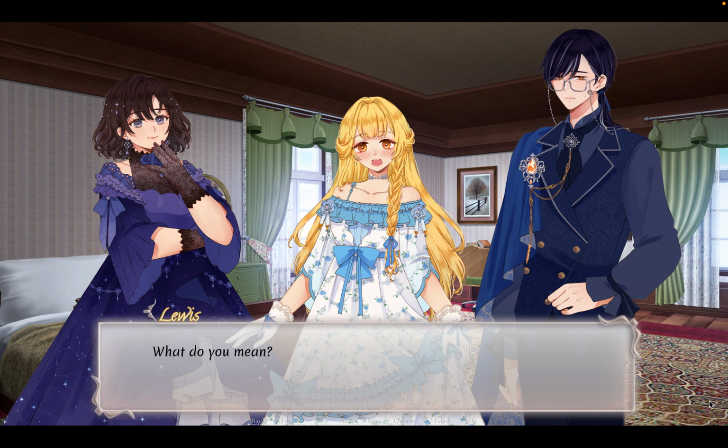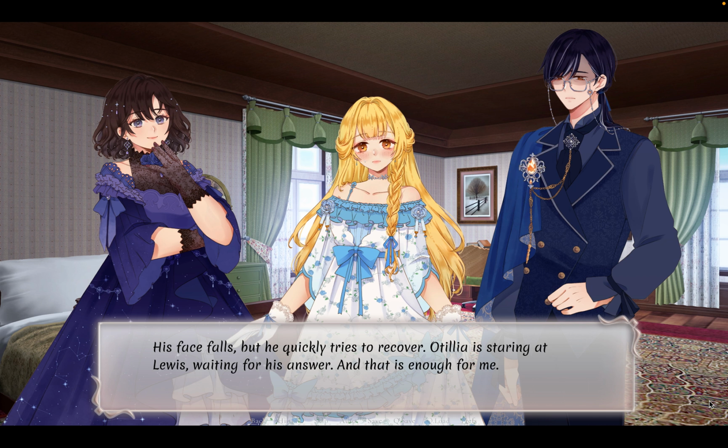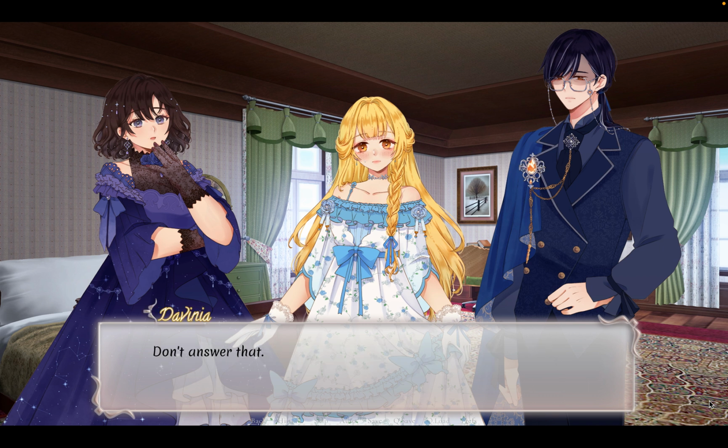What do you mean? Lewis, how are you feeling about the marriage thing? His face falls, but he quickly tries to recover. Attilia is staring at Lewis, waiting for his answer. And that is enough for me. Don't answer that. Davinia, I don't want to marry you. He and Attilia both gasp. We're shocked. Not really, but...